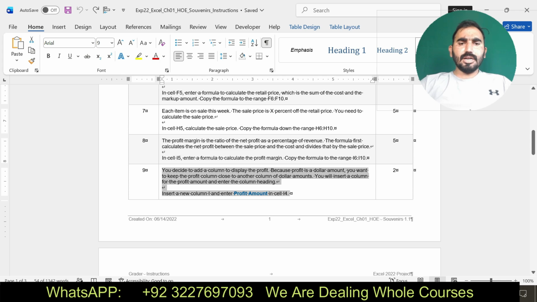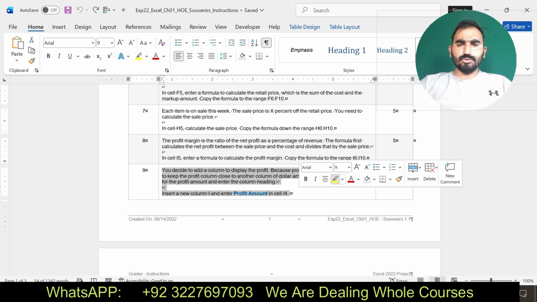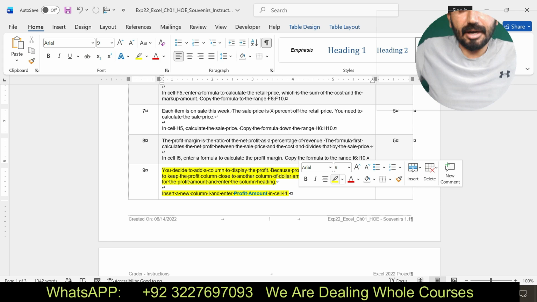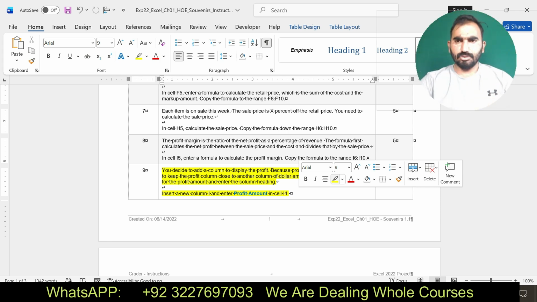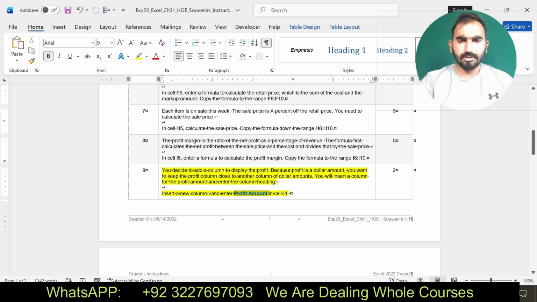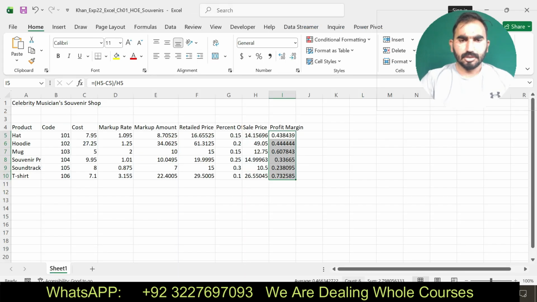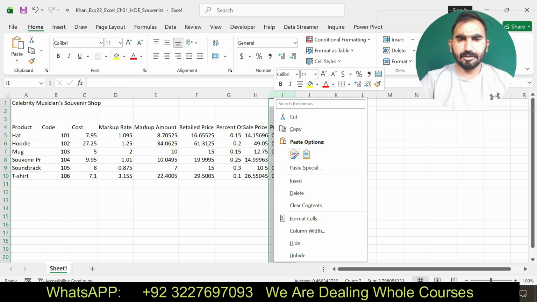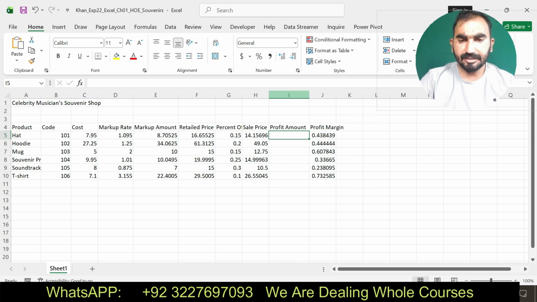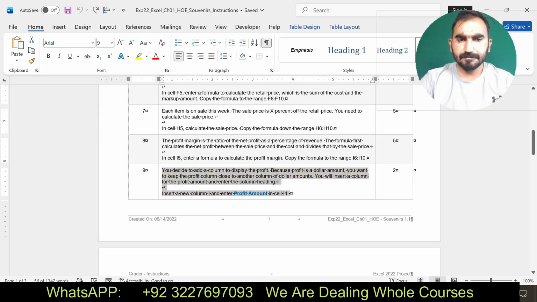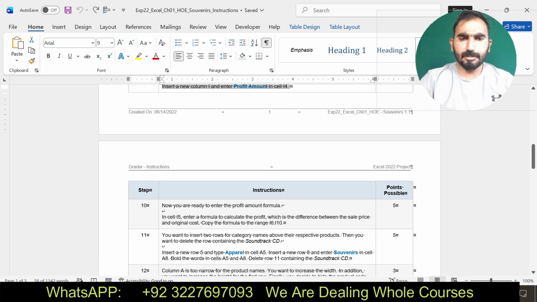It's insert a new column I and enter profit margin in I4. Here you can see I have done this one. Now I'm going to move to my next step.